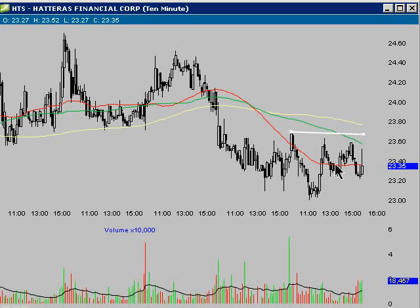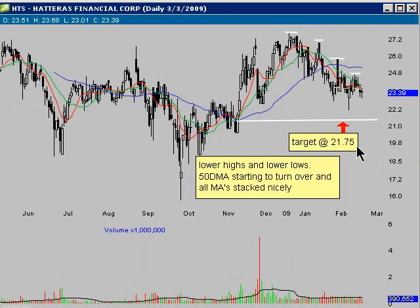We've had pretty much sideways action. Looks like we're maybe putting in a couple higher lows here. But I am still in this one. If we get a break above this level, I'll be out of it. I'm wary of market weakness though. We could just as easily get a break to the downside on this one. On the daily chart, my final target on this one is 21.75, so this one's still in play. Another stock that I entered was